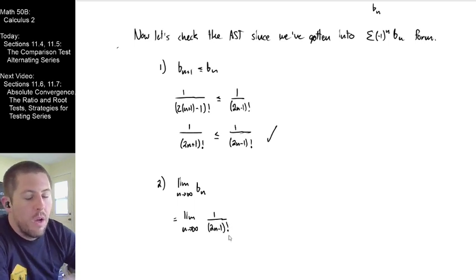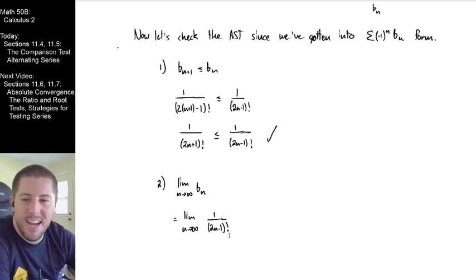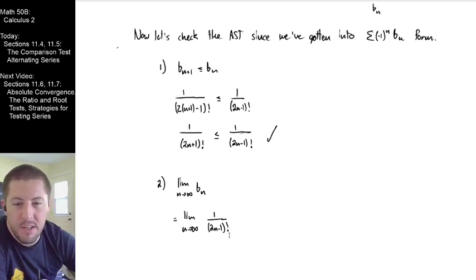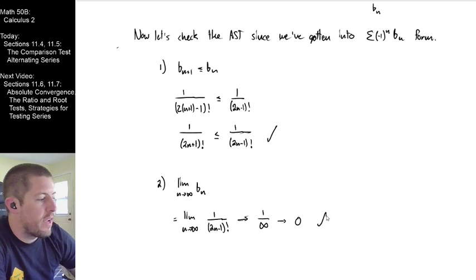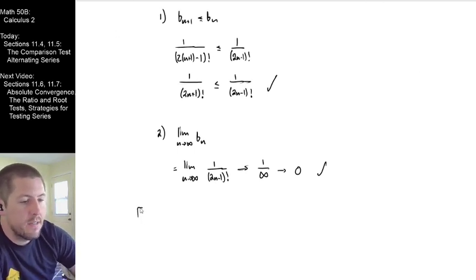Well, I'm hoping you guys are down with the fact that this is clearly tending towards infinity in the denominator down there. Factorials grow insanely fast. That is an outrageously rapidly growing function that's down there in the denominator. It is definitely the case that this is tending towards 1 over infinity, which is going to take us to 0 right there. So it does look like by the alternating series test,